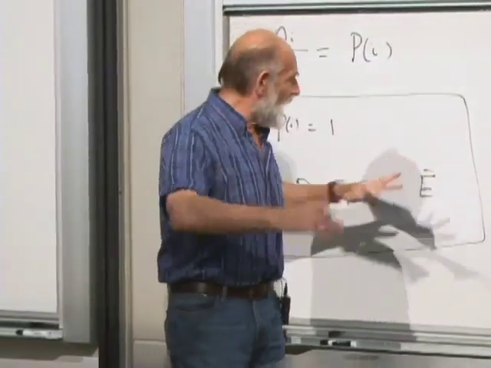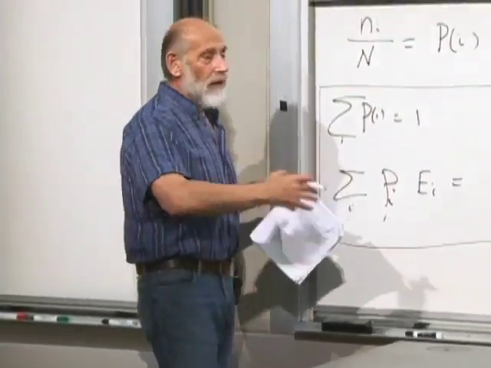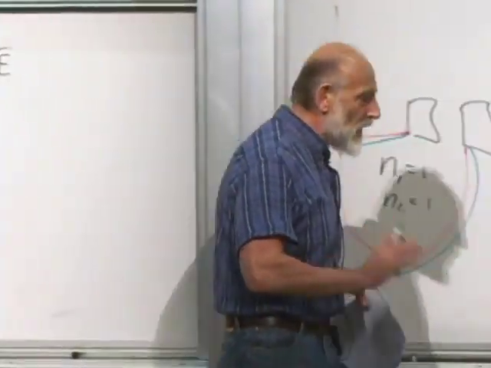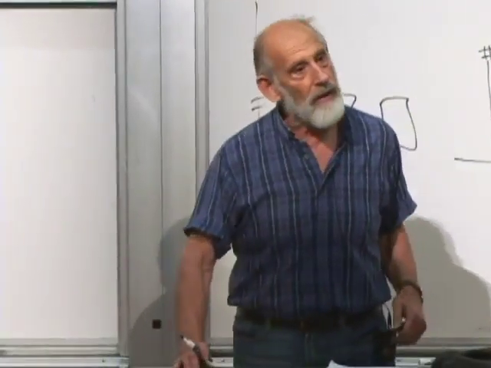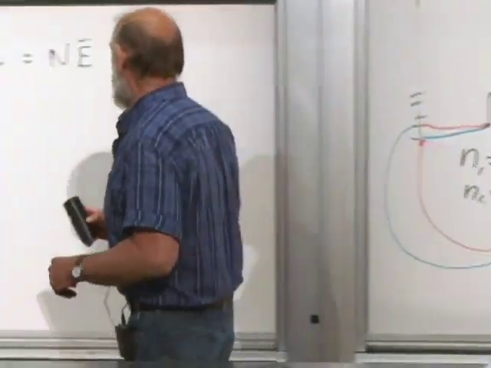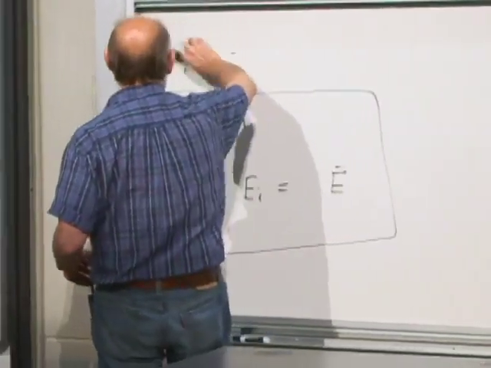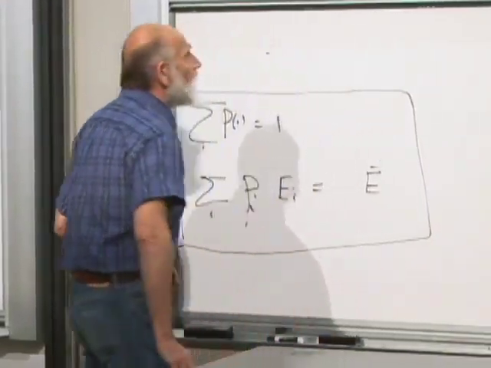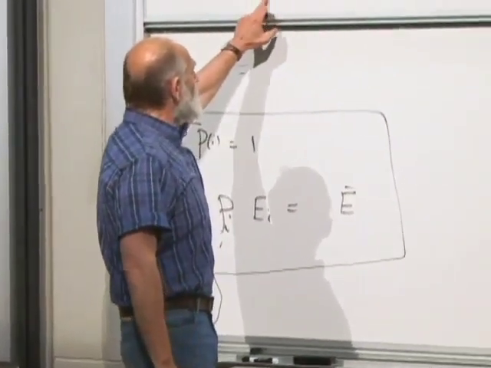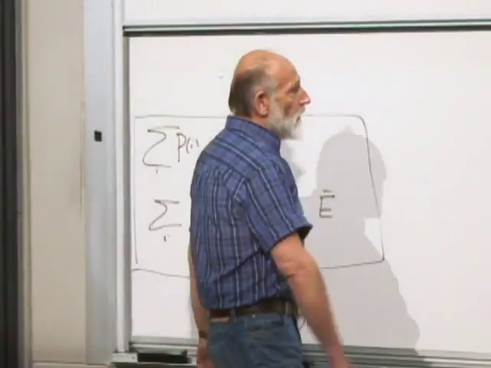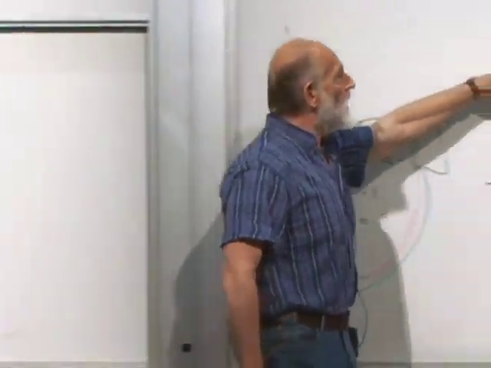Okay, so I have gotten rid, effectively, of the large number of boxes, but of course the large number of boxes is still a problem here because it's the large number of boxes and how they equilibrate the energy between them that's going to tell us what the energy distribution is, what the p sub i's are. So far I haven't told you what the p sub i's are. Okay, so these are constraints. Now, what are the p sub i's? The p sub i's are simply the values of the n's, not the values of the n's, but the ratio, the fractional value of the n's, at the most likely value of the n's.